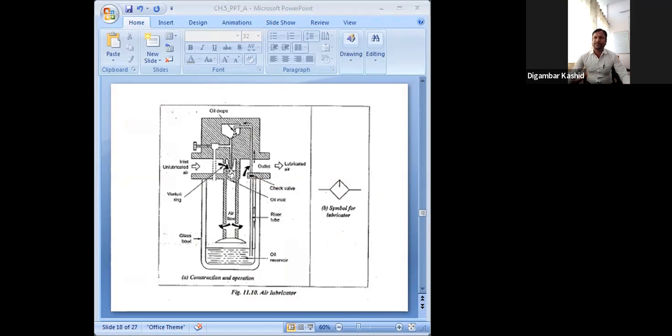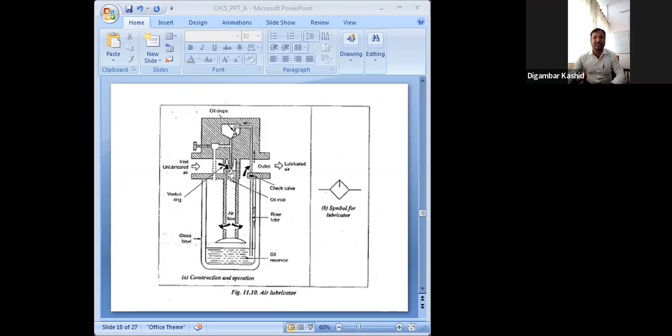So the air to be lubricated will enter into this inlet pipe. You can see here we have the inlet pipe, and this venturi ring is located in the pipe, the venturi unit. That will increase the velocity of flow and it causes a local reduction of pressure in the upper chamber. And this pressure differential between the upper and lower chamber will cause the suction of